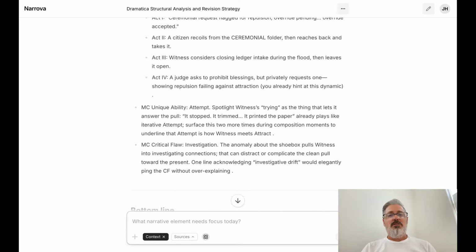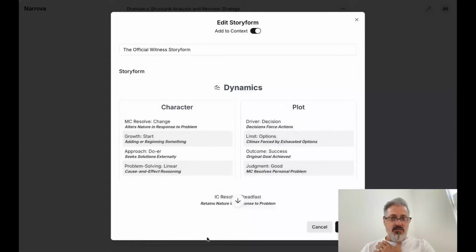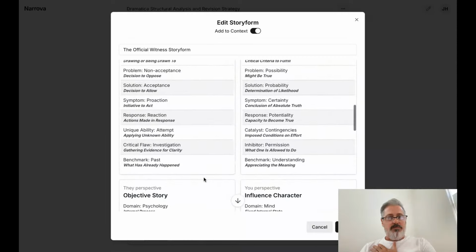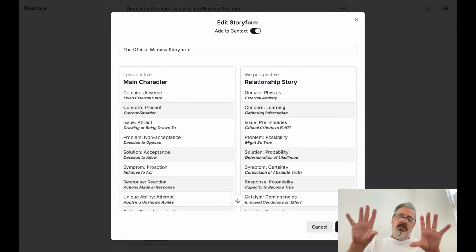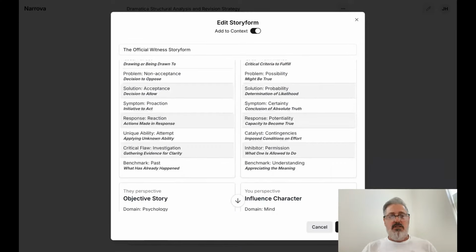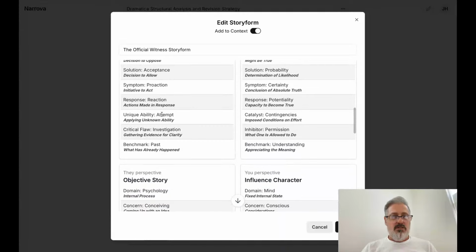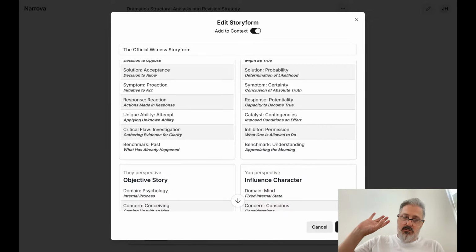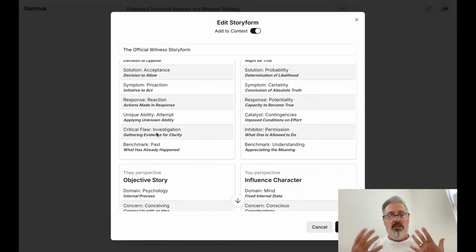Oh, and then this is great. It always goes the extra step. So the main character unique ability and the critical flaw. These are in the story form. So again, even though these four throughlines are presented as being separate, they're all interlaced and interconnected. The main character unique ability is what gives them the ability to resolve problems in the objective story in the plot. Their critical flaw is what holds them back. So, in the story form, to work with everything else,